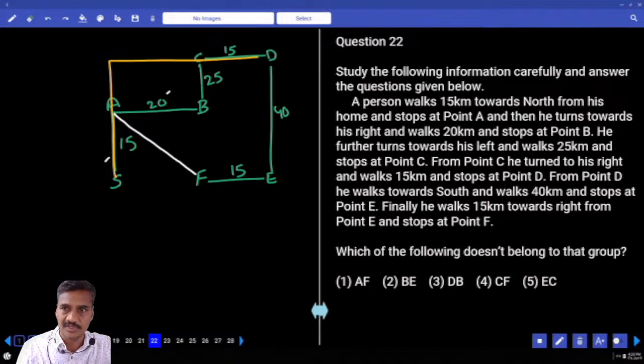A and F: A is to the northwest of F. B is to the northwest of E, and D is to the northeast of B, and this is northeast. And C and F: C is to the north of F. E and C: E is to the south. Except choice 4, all these are not in the vertical direction. Choice 4 is in a vertical direction, C and F, isn't it? The next one,